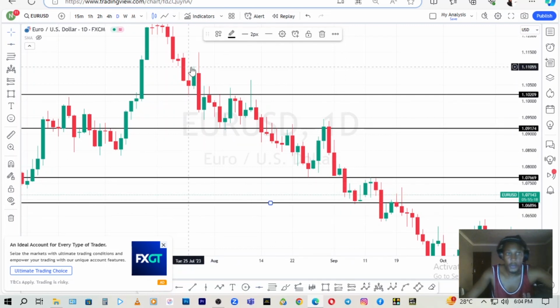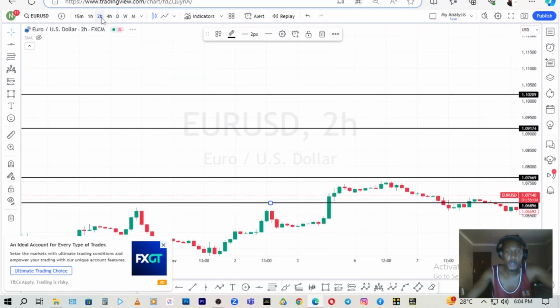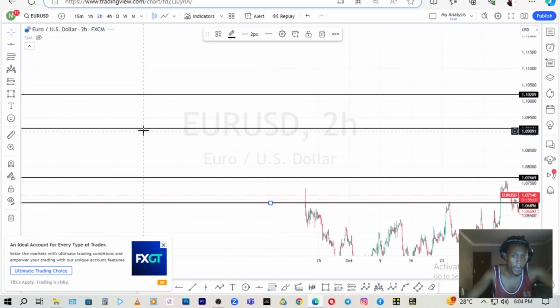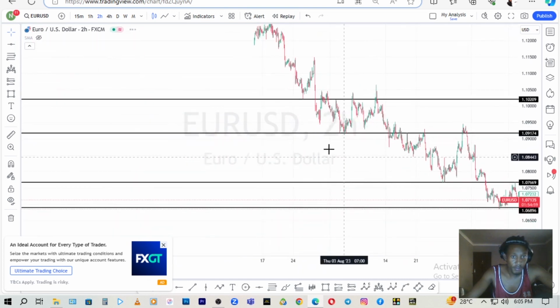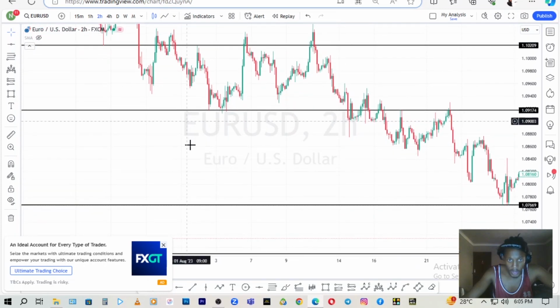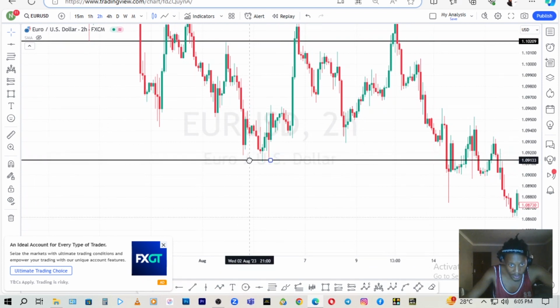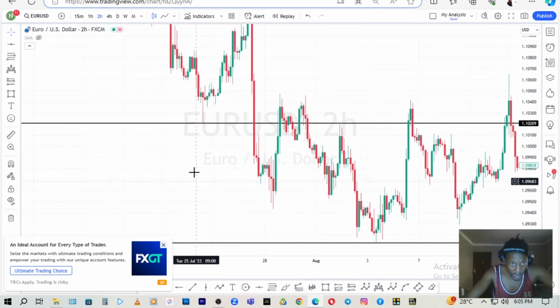Okay, so I'm going to jump to my entry time frame, which is the 2 hour and the 1 hour, but I prefer the 2 hour time frame. So I'm going to the 2 hour time frame. I'm just going to fix the lines. I want it to be precise. Okay,